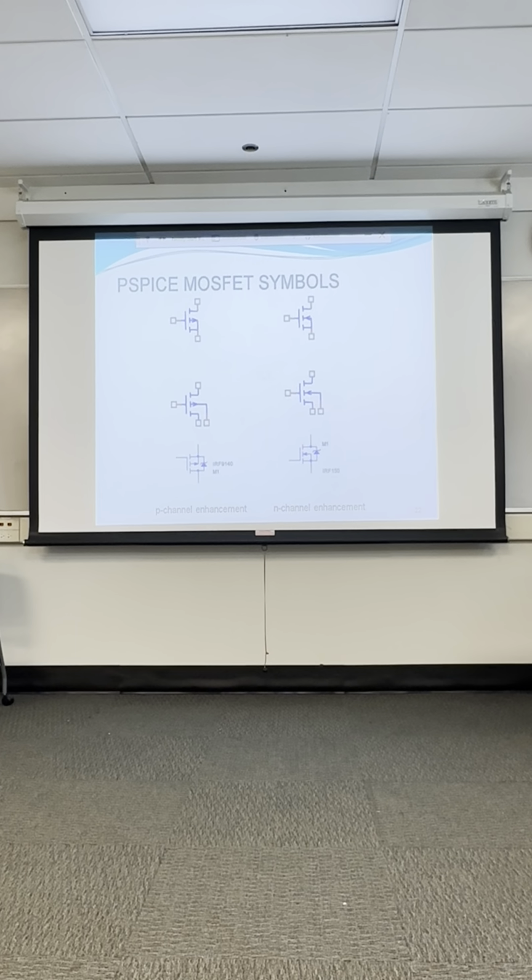How do we know it's a PMOS or NMOS? We'll have to be careful to analyze the drawing and compare it to another source. So this is a MOSFET NMOS enhancement transistor. Here the source is connected, the arrow points out. We notice on the PMOS the arrow points in. And in this version,